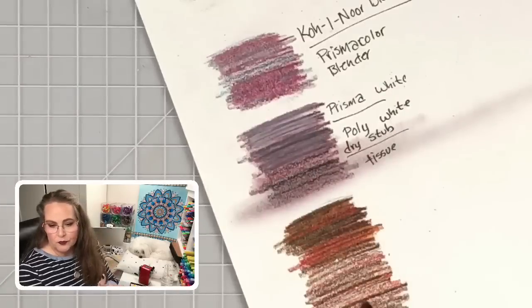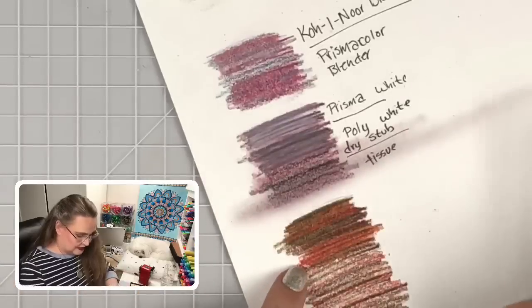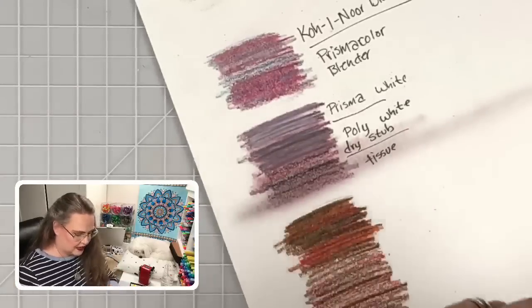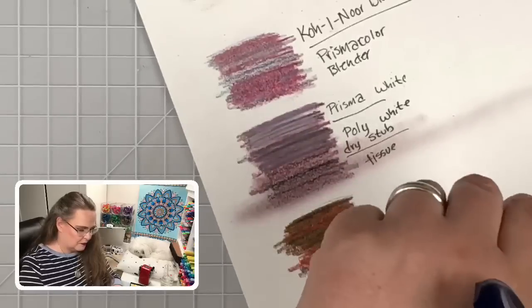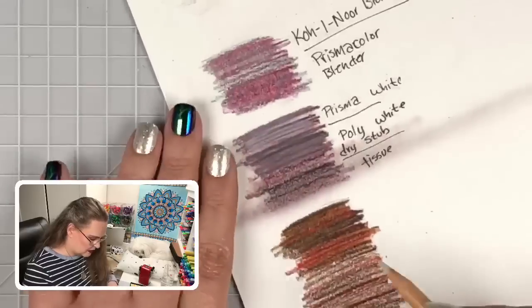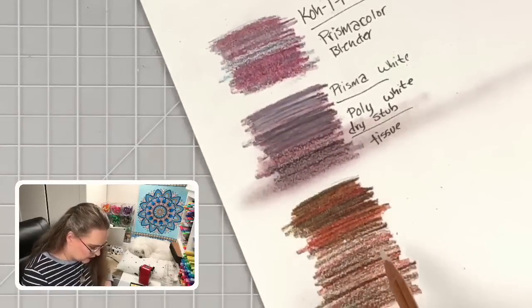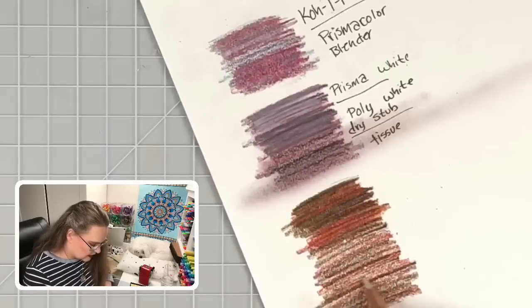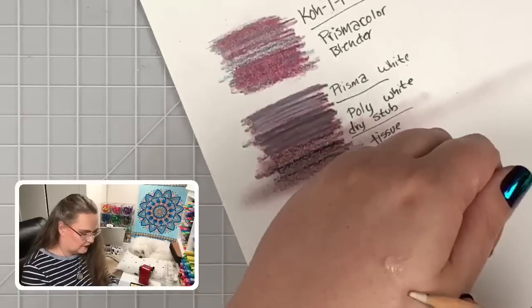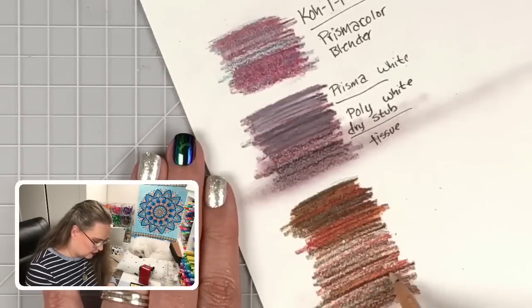And Kelly asked, can you isolate the lighter colors in these tones when you blend, or do you just have to go for it? See, I was able to do it. Let's try again. Get a little bit more out here. So technically you can use like olive oil. Let's blend just right here where this orange was. Yeah, see? And then if I clean it off and pick up and go right next to it where that really dark brown came out,